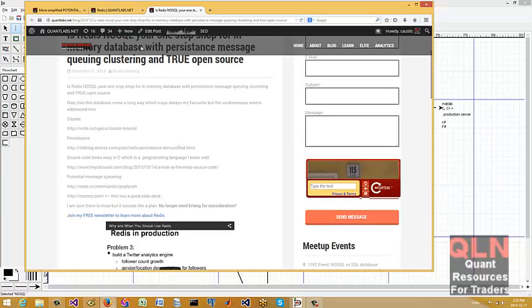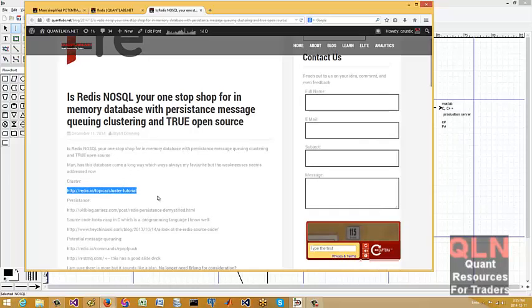On top of that, what else has been addressed is persistence here, as well as clustering. Now, I was tweeted by somebody who knows these environments really well, thanks to them, that Redis at this point is still not at release candidate, meaning it's not production ready. But for deployment testing, I think this is fine for now. I'm not going to worry about it too much because I know it's coming. I have no idea when it's coming. And from what I've seen with Redis, it's high quality stuff. I've never been disappointed with anything when it comes to Redis.